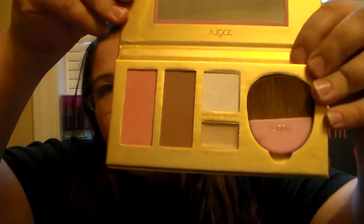And so I figured this week I could use the blush out of the shadow palette for one day, and then do a blush out of here and use my bronzer out of this, and I can add my concealer and my highlighter and all. So I decided to do a two palette thing this week, so a shadow palette and a face palette. So I am super excited for this. I will swatch these two,